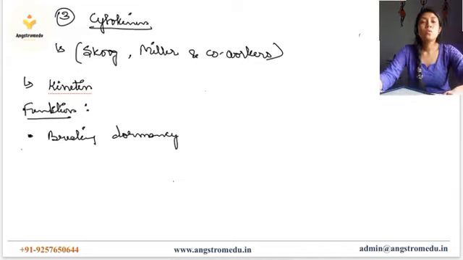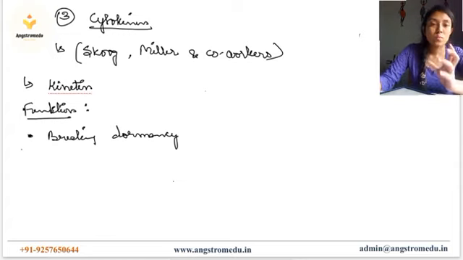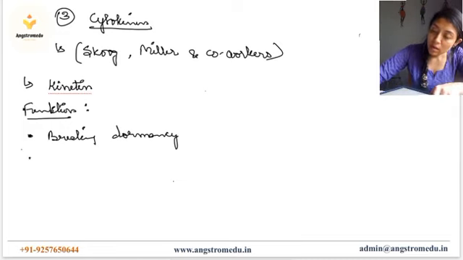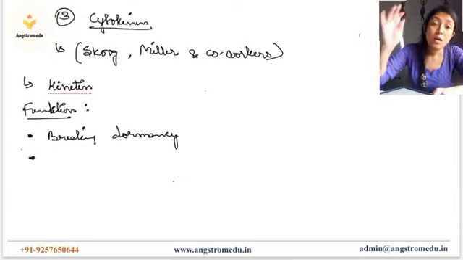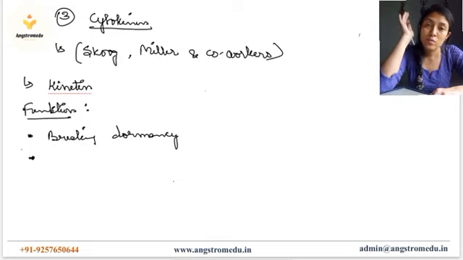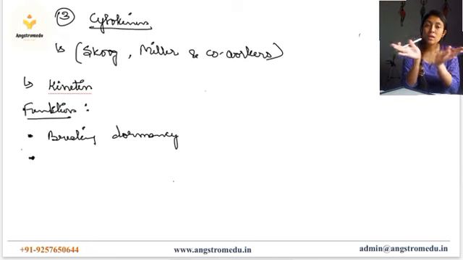Since it is also a plant growth regulator, promoter, it will be responsible for breaking of dormancy, continuation of flowering, delaying of senescence, plus in combination it promotes, like apical dominance was seen in the case of auxins. Cytokinins are responsible for lateral growth,